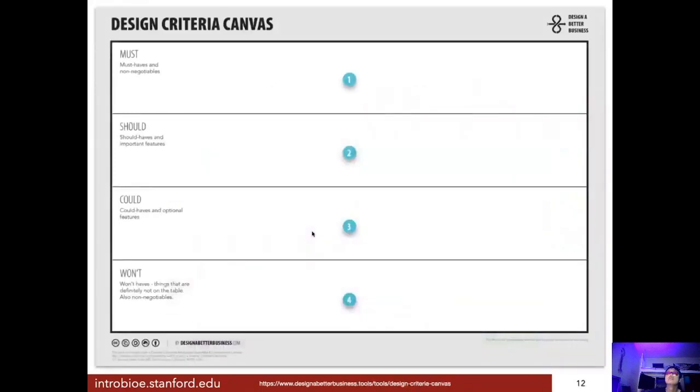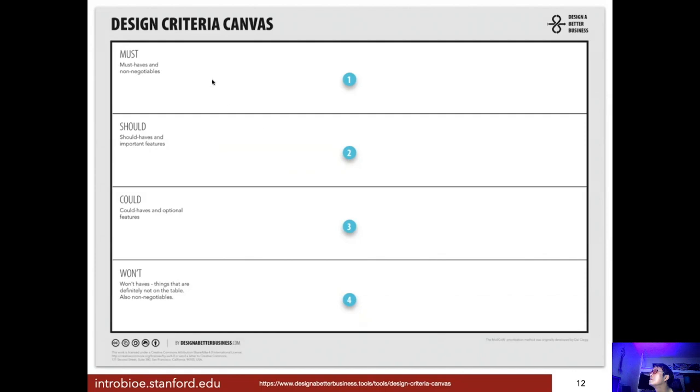Next, design criteria. So once you have your ideas and you're selecting the finalists or the final one, it's important to elaborate on the details of what the thing should be as it manifests in the real world. I'm going to give you a really simple example here. You'll typically want to have half a dozen or so entries in each of these four areas, but let's do a simple one just for the sake of time. So let's say we wanted to make a glowing plant. We're going to bioengineer glowing plants. We've already talked about them. You've seen videos of them. They're wonderful. But imagine we were starting out on that project.